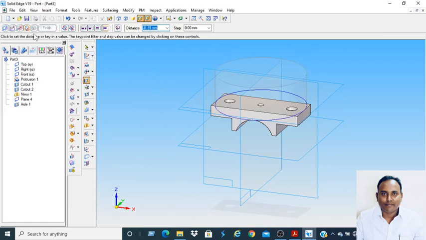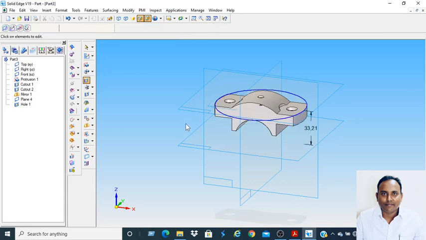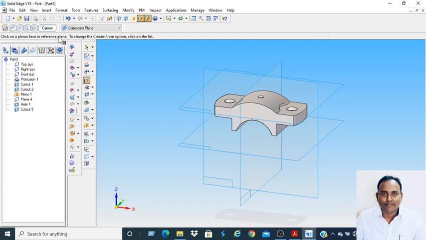You can select this one, side step, finish. Okay, now we'll save this as